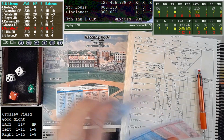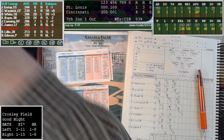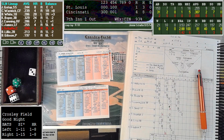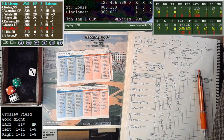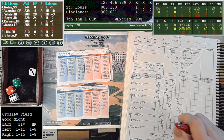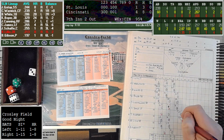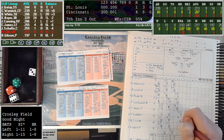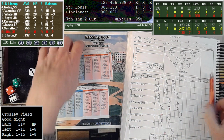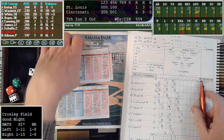That brings up Jimmy Schaefer. Schaefer's 0 for 2 today. 2-9, and he will proceed to strike out as Jay records his 4th strikeout of the game. He takes the pitch, strike 3 called. Schaefer doesn't agree with that call, but he will be struck out nonetheless. So 2 away. So that's 1, 2, 3, 4, 5, 6, 7, 8, 9, 10 in a row retired by